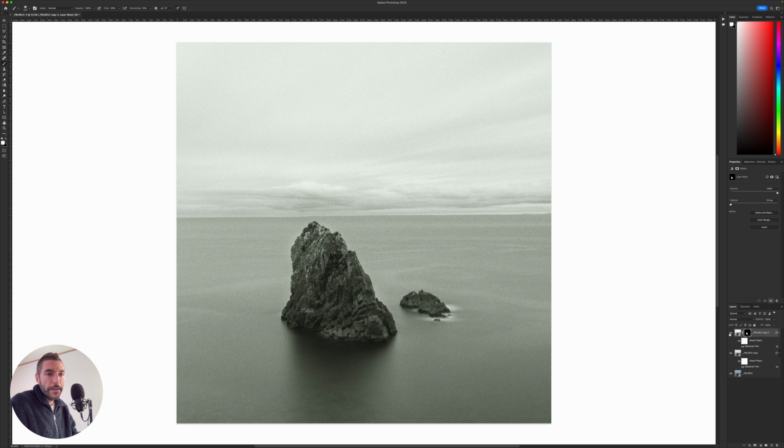And as you can see, if I turn this on and off, it is subtle, but it's certainly a really nice improvement in the image, at least in my opinion. And it is something that I wouldn't be able to do by just using the enhancer in Lightroom, but I can do with using the enhancer in combination with layers in Photoshop. So this is the best way, in my opinion, to use this plugin in combination with Photoshop. So I went back and re-edited some of my old images by using this technique.